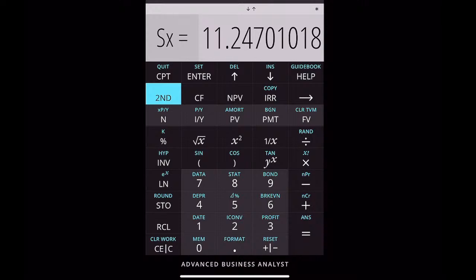This is the sample standard deviation, and this one is behaving as though you have the population data. The calculator doesn't know what it is that your data source is. So if your data is a sample, that's the sample standard deviation. If your data is from a population, this is your population standard deviation. And what's the difference in the calculation? I'll show you in a second.